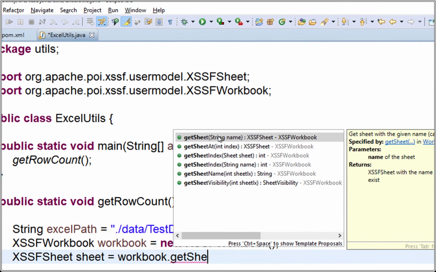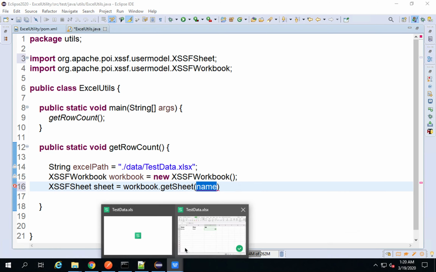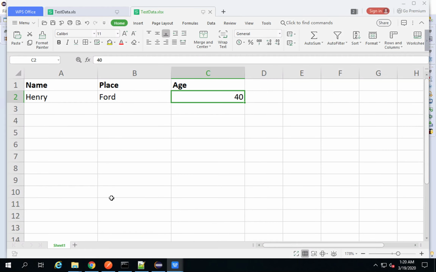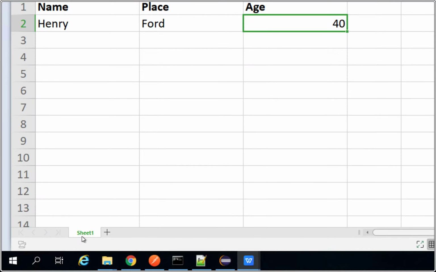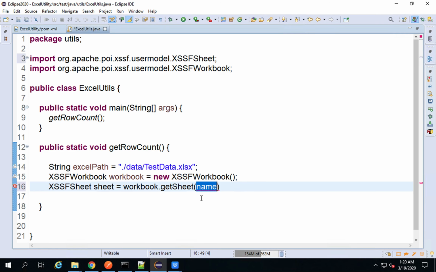I'm going to get by sheet name. So if I check here, the sheet name is Sheet1, so I can use this. If you want to get by index, you can use index 0 because index position starts with 0. So I will just go and say I want to get a sheet by name Sheet1,